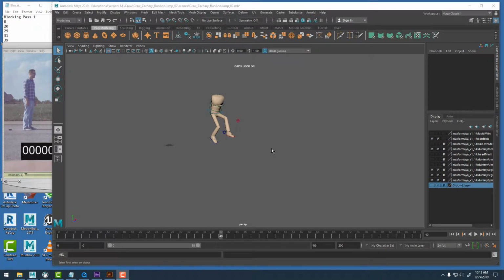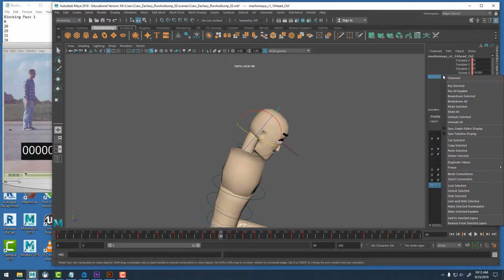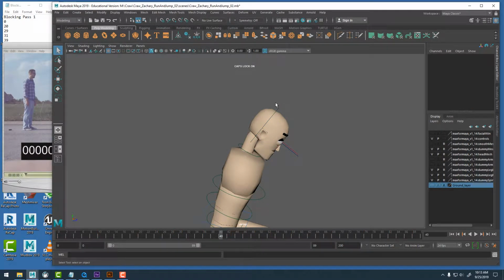All right, so last class again we finished off with the spine, and now we have the neck and head left. So over here in the display layer, I'm going to turn on Max's head, and I want to focus on the animation just in the neck for now. So I'm going to grab the head controller here for Max, and over here in the channel box, I'm going to right click and mute all. And that should mute any animation on this particular controller, and everything that I have will be strictly coming from